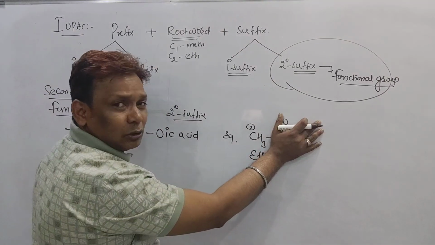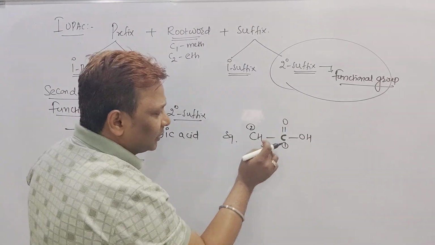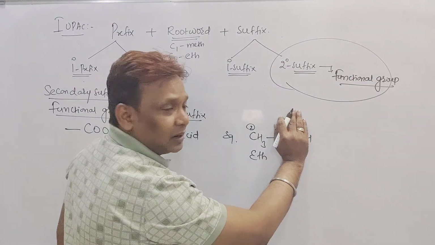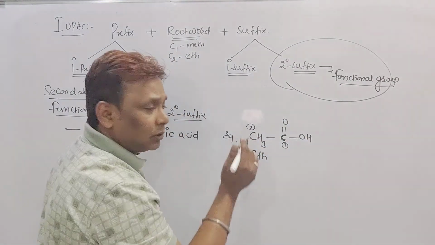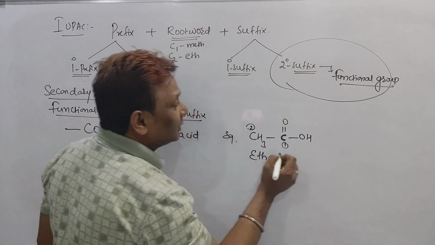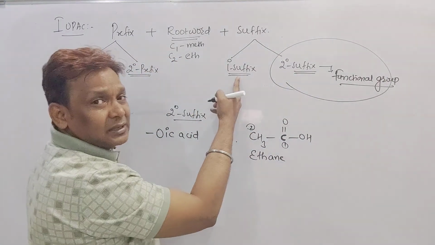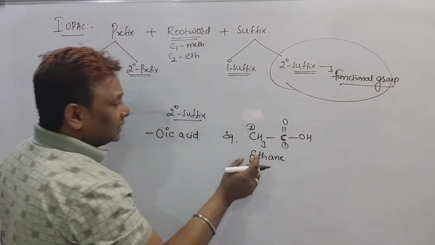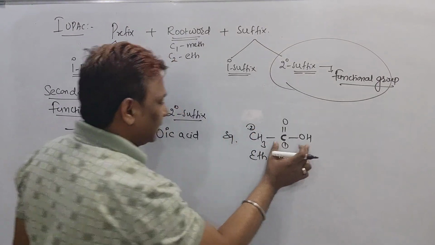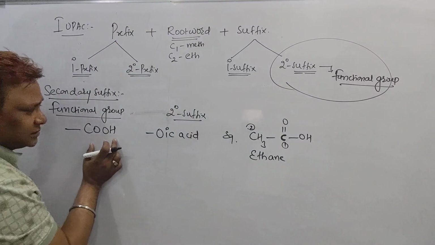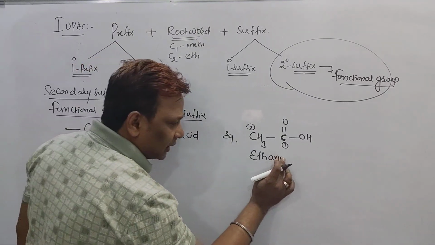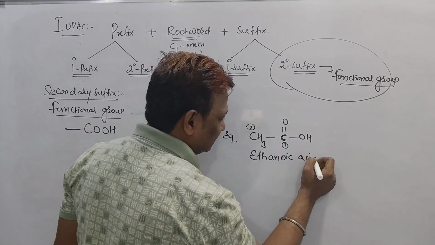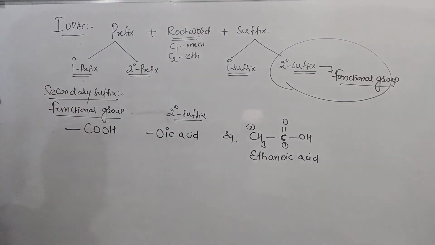But you leave the functional group. After leaving this functional group, are there any double bonds? See beta, if you leave the COOH part, do you have a double bond in this one? No double bond. So what should I add, beta? ANE, because I told you, for the primary suffix you should see the nature of the compound. Now the secondary suffix, as a carboxylic acid, COOH: when COOH is there, the E of the alkane must be replaced by OIC acid. This is one example I did here.